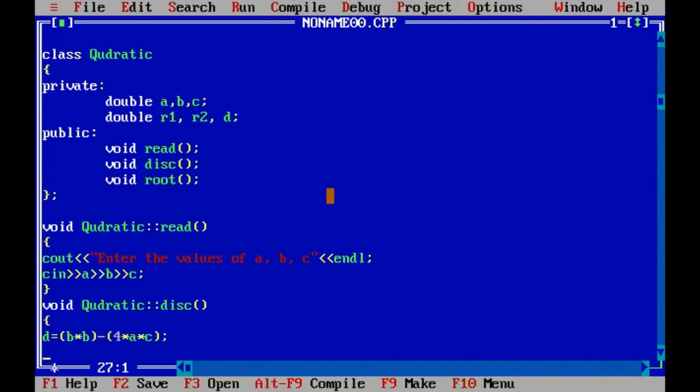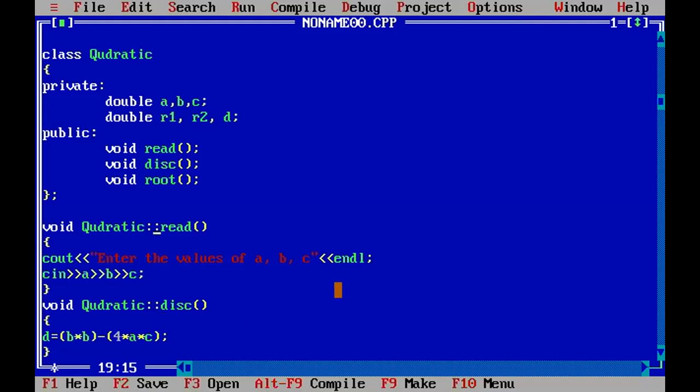So here is a very simple statement where you can calculate your discriminant, and that's the end of your member function. So I have defined read outside the class definition using the scope resolution operator, and I have also defined the member function disk outside the class definition using the scope resolution operator.